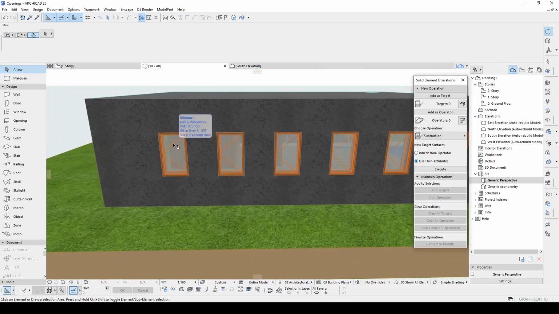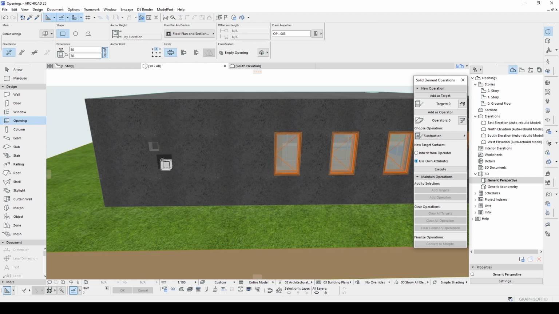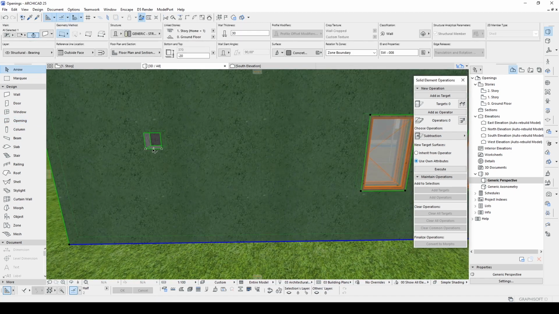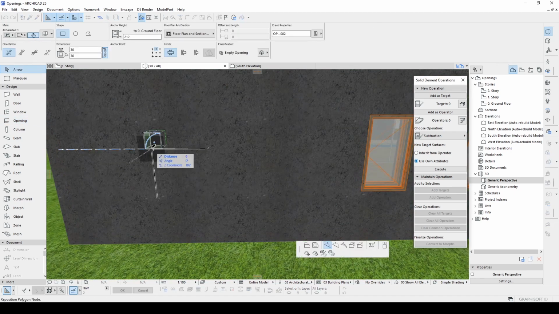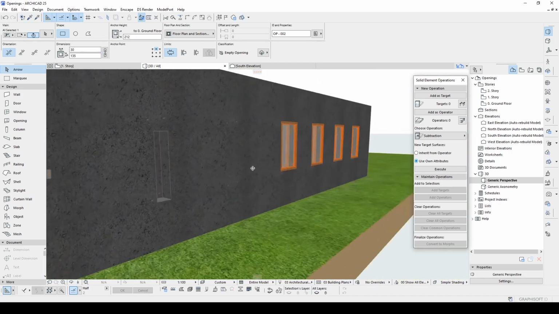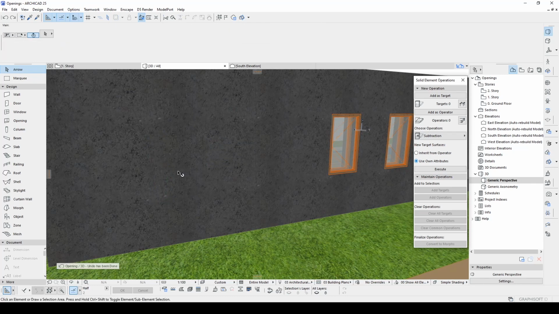How are we going to do that? Are we going to delete them and go to openings and change the size to match the window? No, we won't do that.